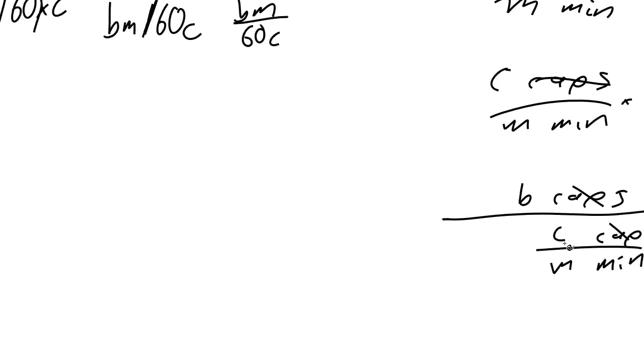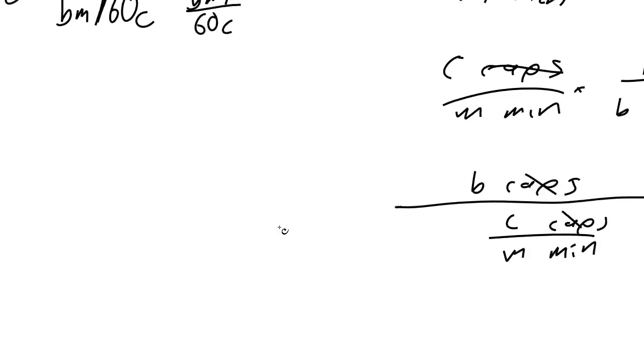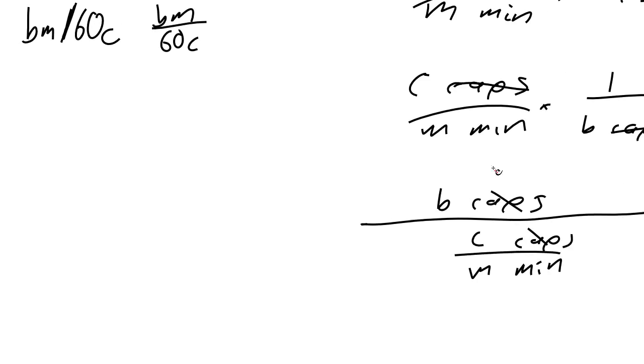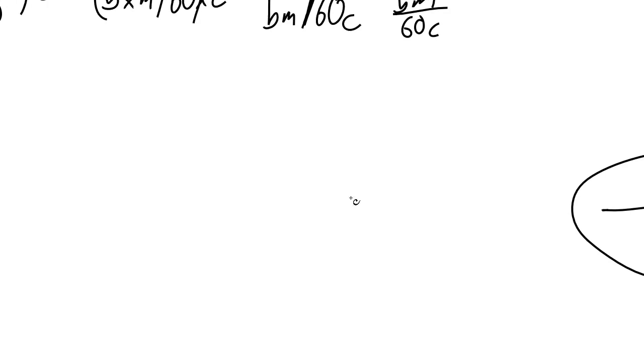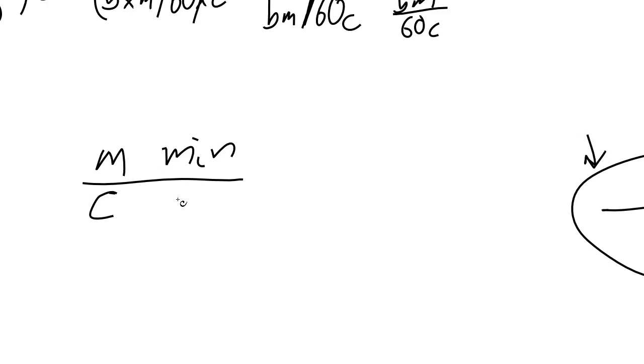I guess a clearer way, that's kind of my own way of thinking about things, a more proper way to do it maybe would be, although my way works, maybe a more proper way to think about it is that every M minutes this machine can do C caps,